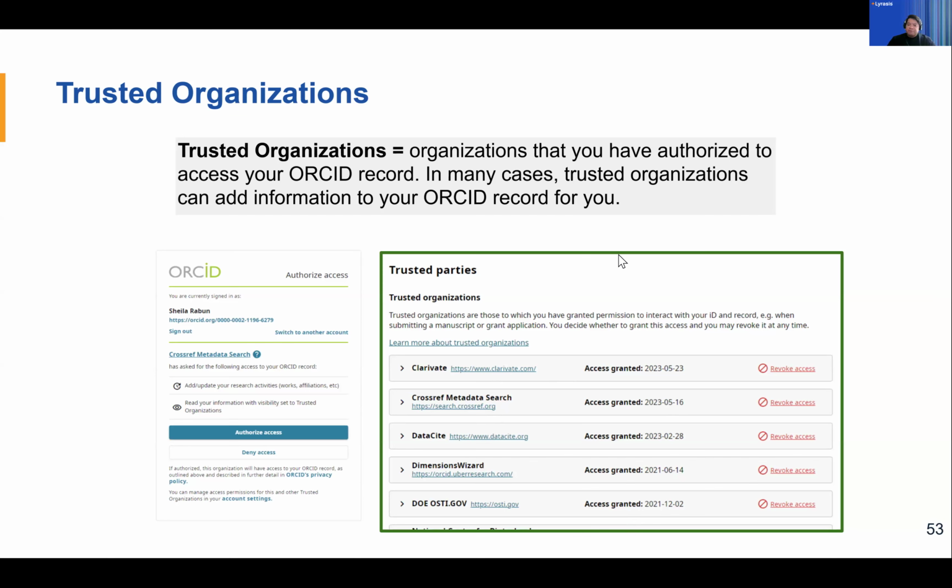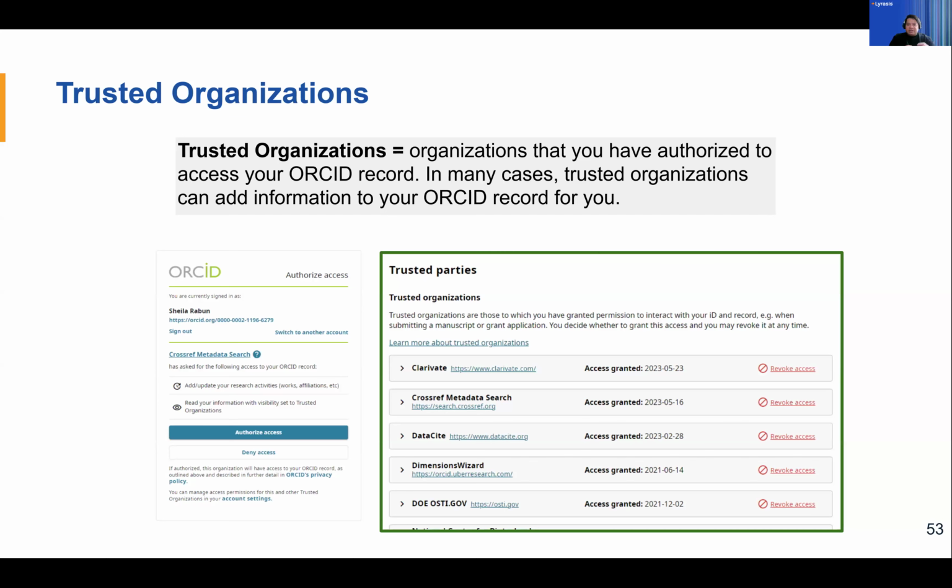Essentially here, when you give permission to researchers or to organizations, you've given them about 20 years worth of access to your ORCID record. So it's a really long kind of access, which is great, especially if you want to share information with your institutions, for example. So you have that 20 years.